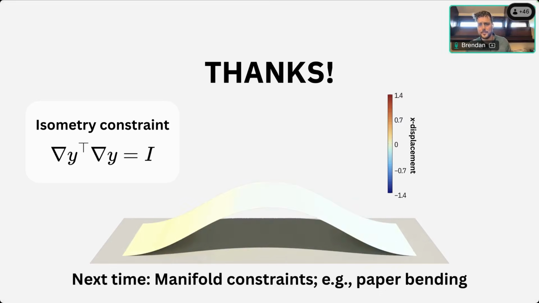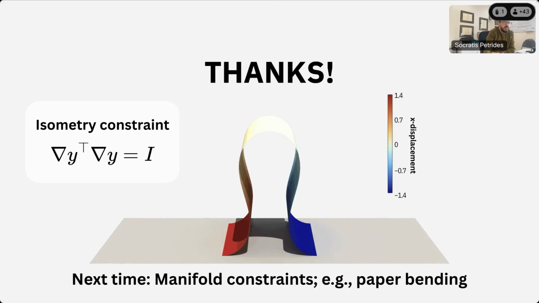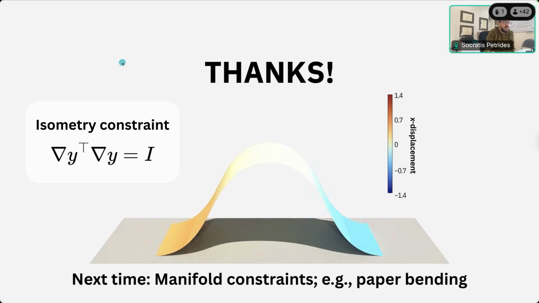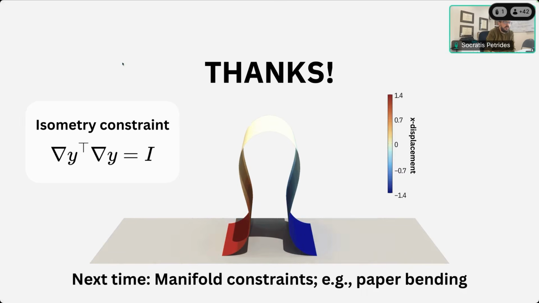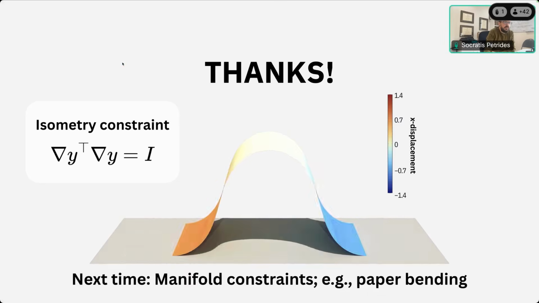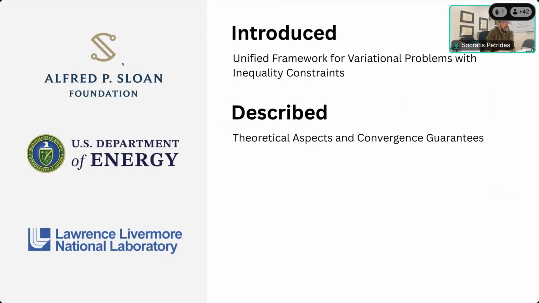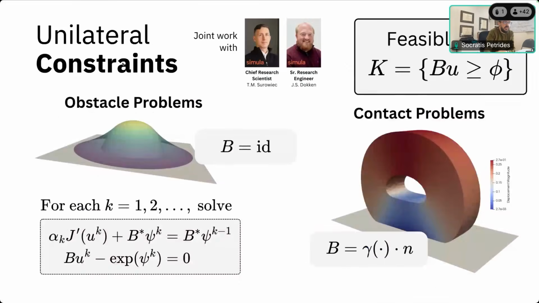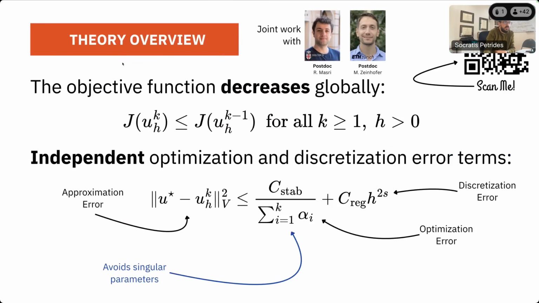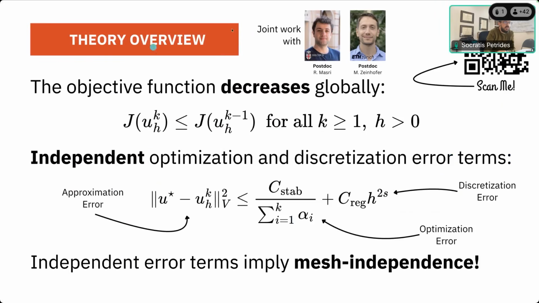Maybe next time. I have one small question for now. I know you showed mesh independence. You're solving a sequence of nonlinear problems, and that iteration count is mesh independent. How about the nonlinear solver within? So the proof is elusive. We have some ideas, but